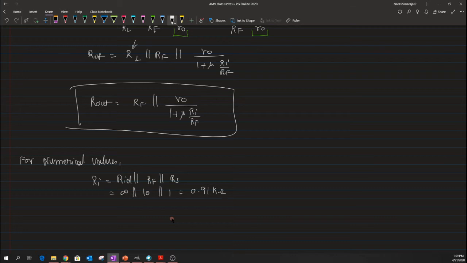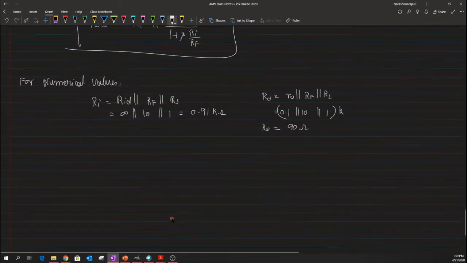Okay, and similarly the output impedance of the basic amplifier can be written as R naught in parallel with RF in parallel with the load impedance, which is RL, and again we have the load impedance to be equal to 1k and RF being 10k and the R naught being 100 ohm. So I will write it in terms of 0.1. So everything would be having a basic unit of kilo, and that would end up having a result of 90 ohms. Okay, so that is the output impedance of the basic amplifier. And now